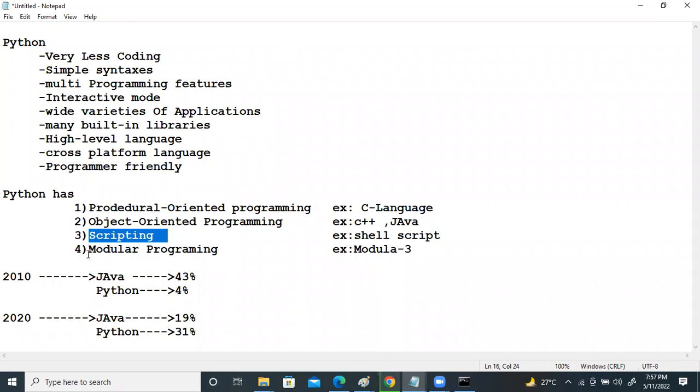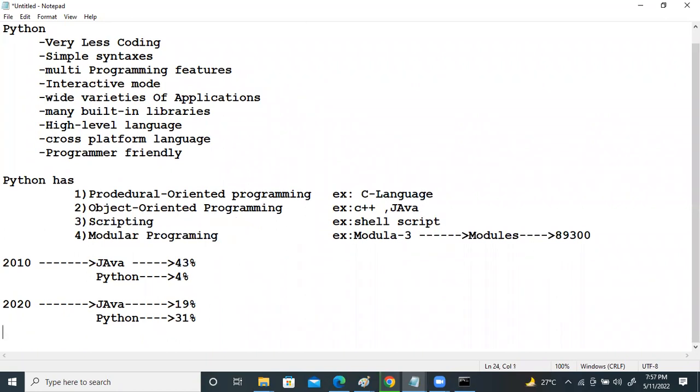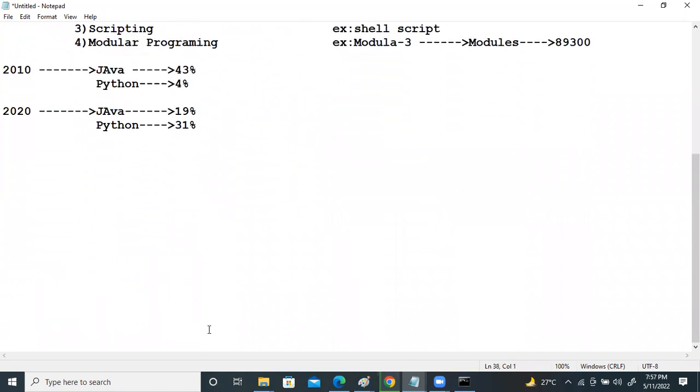And because of this modular programming, Python has got a great boom in today's market, where we see the concept of modules. Nearly 89,300 inbuilt modules Python is providing for various domains. Whatever domain you are from, Python provides modules, right? 89,300 inbuilt modules Python is providing for various domains. For example,